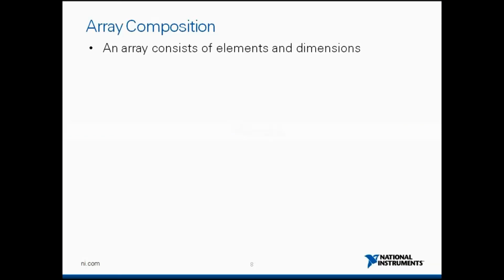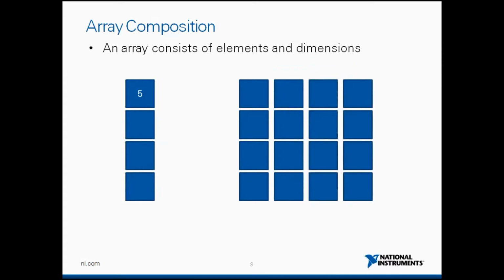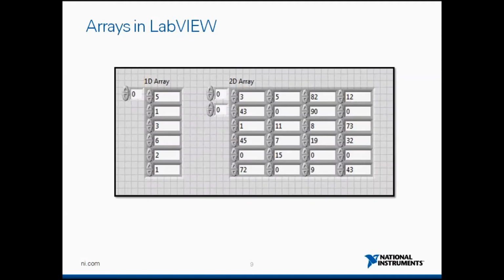Okay, so let's start with what an array is. Most of you must be familiar that an array consists of elements and dimensions. So what is an element? Any single data point represented is an element, and a collection of such data points comprises an array. And you can add depth to an array by increasing the number of rows and columns as shown in this figure. Now this is a very pictorial representation of arrays, the picture that we have in mind when we think of arrays. And when you come to LabVIEW, the representation is exactly the same. When you talk of a 1D array, you actually see a 1D array. When you talk of a 2D array, you can actually see a 2D array in LabVIEW.